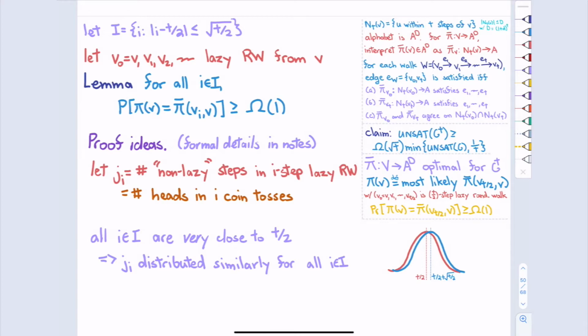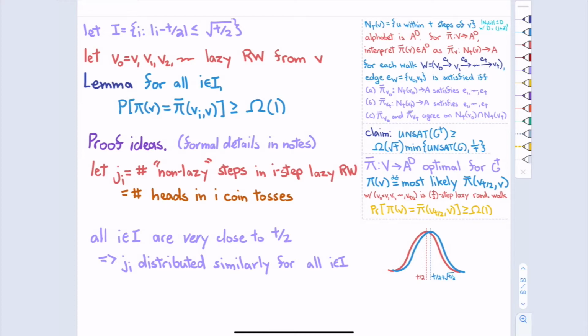They're going to be highly overlapping. So you can see here that the probabilities are very close, and you can work your way through the actual binomial distribution and verify this. Now, all that really matters is this number j. Once you know j, then you just take j real steps and you look at the label. So if you knew j, then I no longer matters.